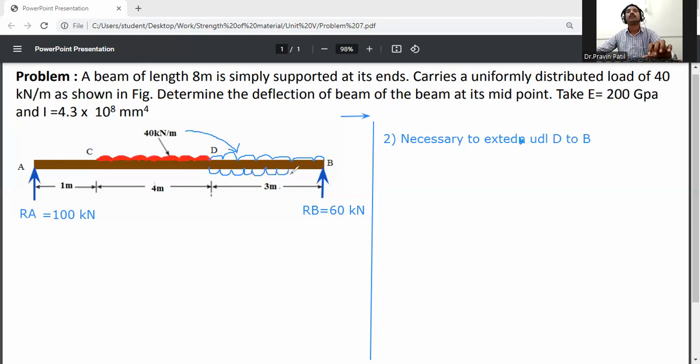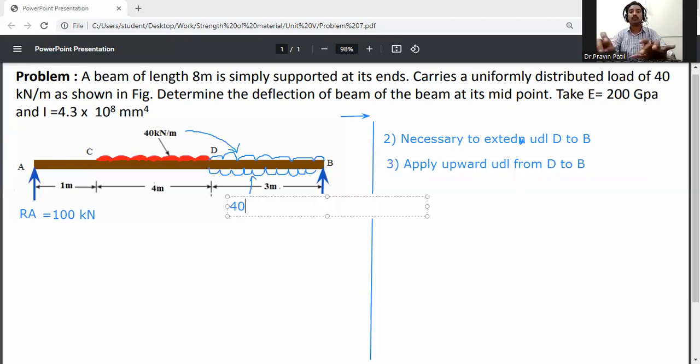Then third step, apply upward UDL from D to B. Quantity will be the same, that is 40 kilonewton per meter. Okay. So now